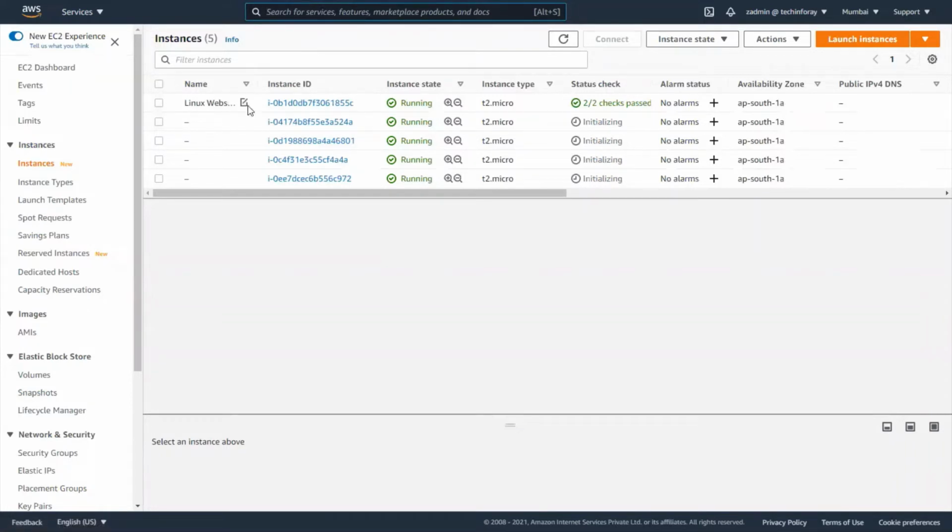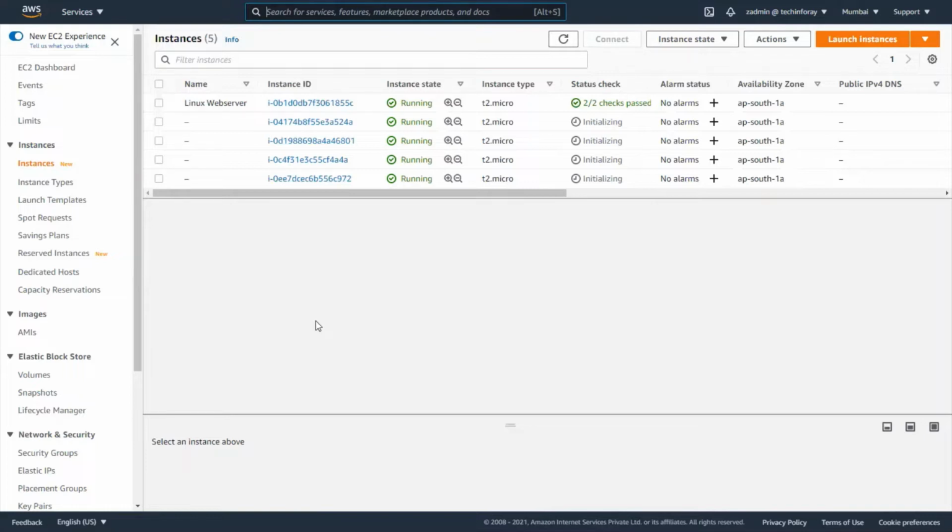This is the Linux web server we created for the AMI and launch configuration. These 4 different machines are created as part of the auto scaling group. You can see all this is being done automatically, the creation of machines and all these things.